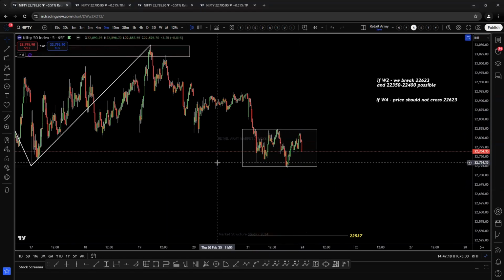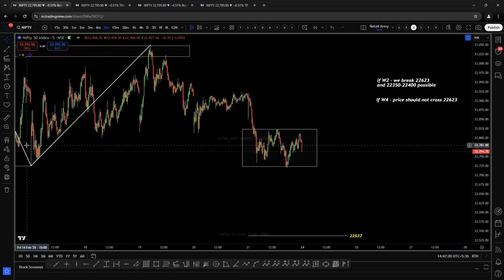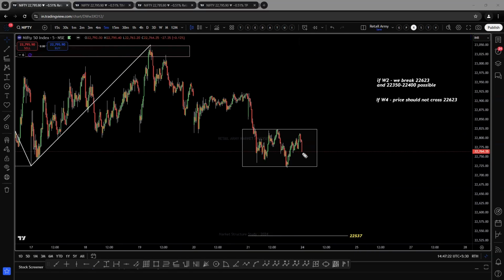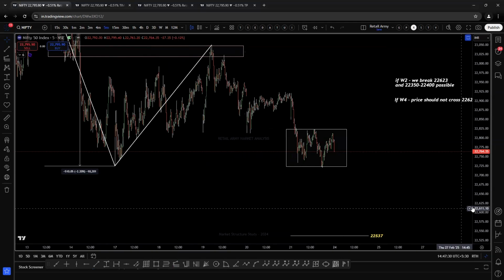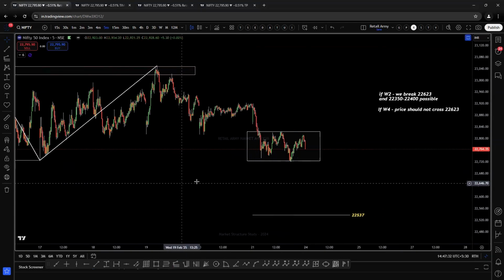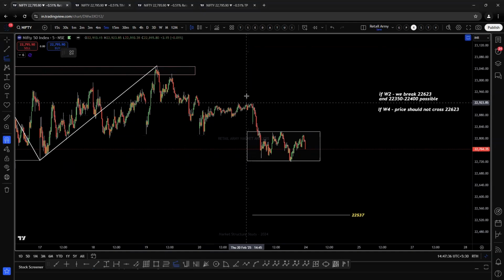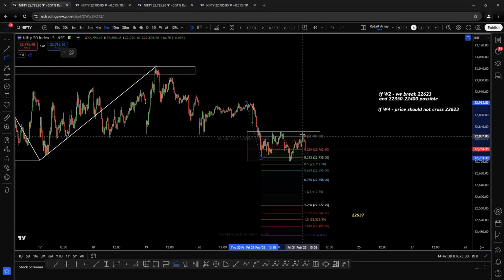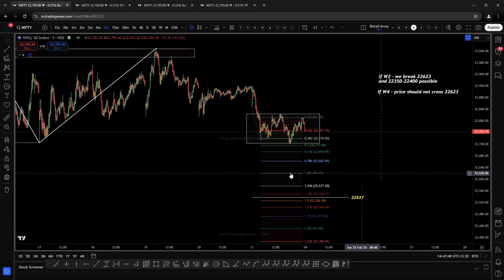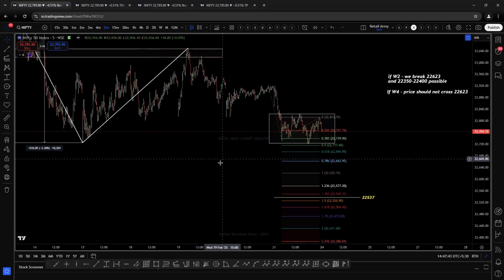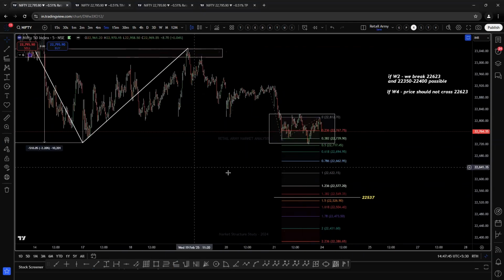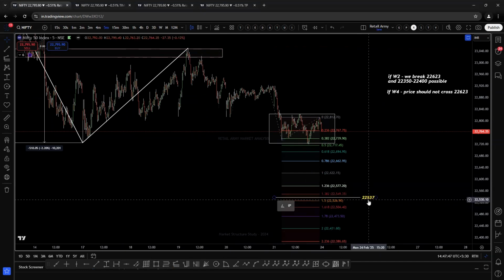Now, one more condition. I told you wave B. If it is a wave B, then what? Wave C can easily break down, right? In that case, wave C, what did we have here? Like I said, we have no specifications for how far wave C can go. It can go 1x, it can go even more beyond that, right? So in that case, what we expect is that price should not break